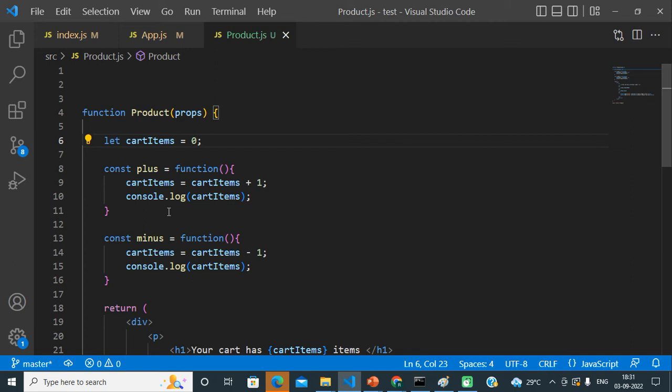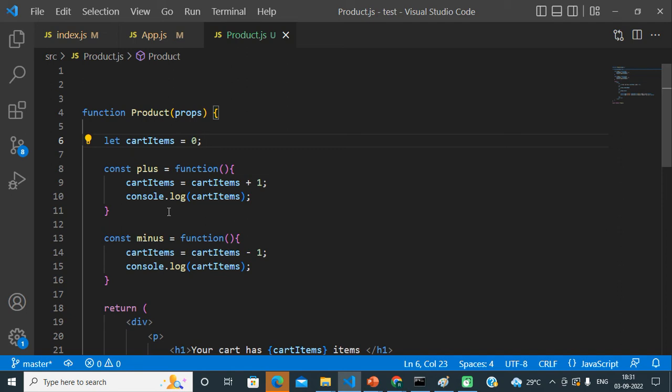So whenever we update a component's props, that means we pass new props or update a props value of any component from outside, or we update the state of a component, in that case that component re-renders itself.